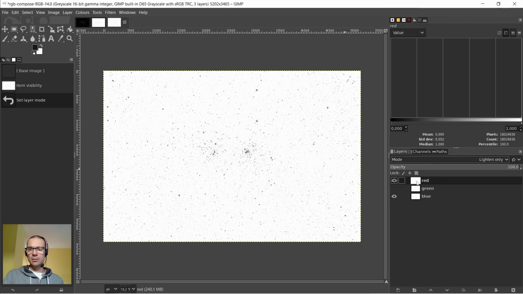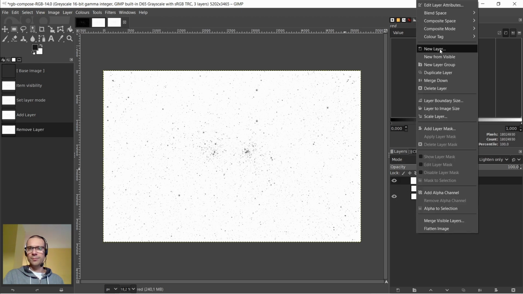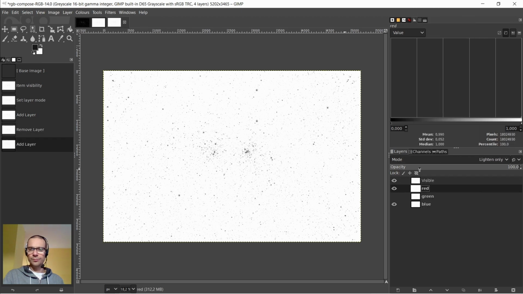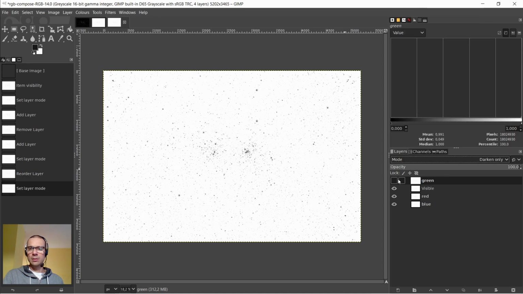Red, lighten only. New from visible. Move green up, blending mode to darken only, make it visible, new from visible, new green,